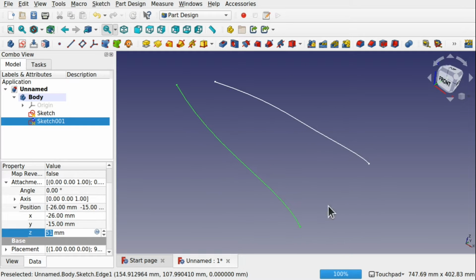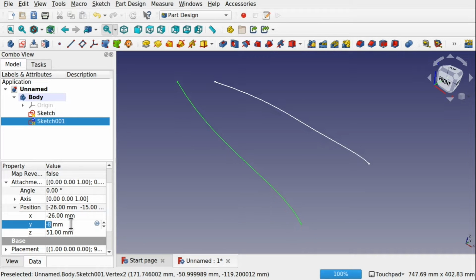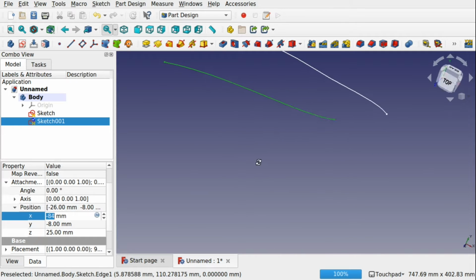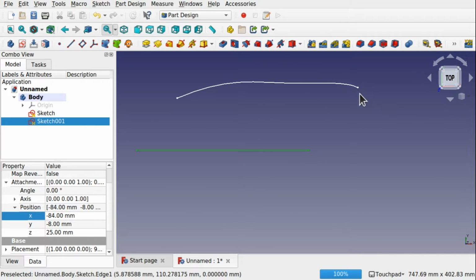I want to connect up these 2 points with another B-spline sketch. So I'm going to make this obvious that it's quite far away from these. Something like that. So when we look at it from the top, you can see that there's this separation between